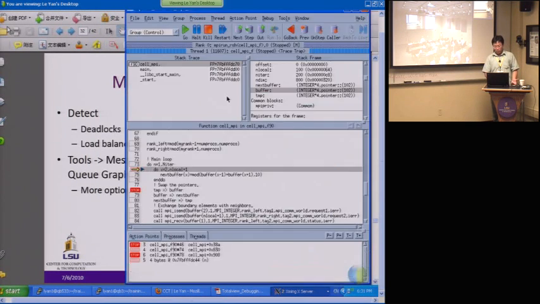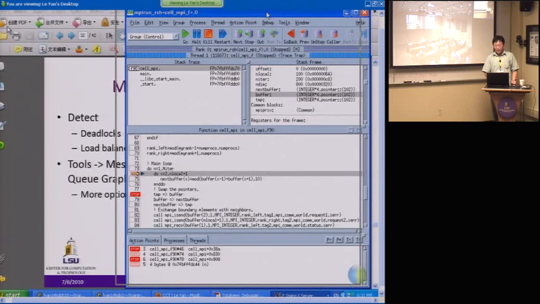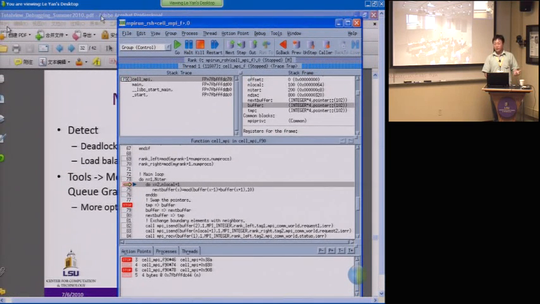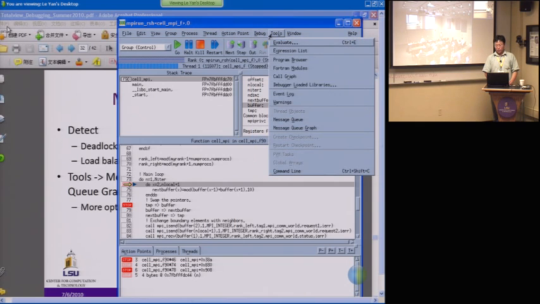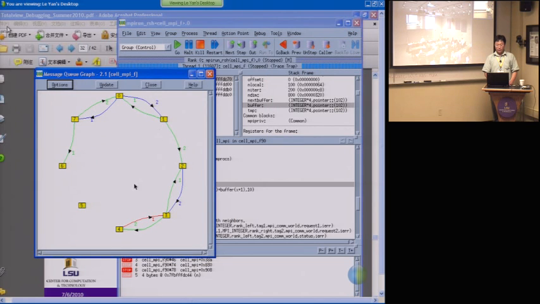For an MPI program, you may want to check the message queues, to see what's going on, what the communication status is between different processes. You can do that by going to the message queue graph. It shows you